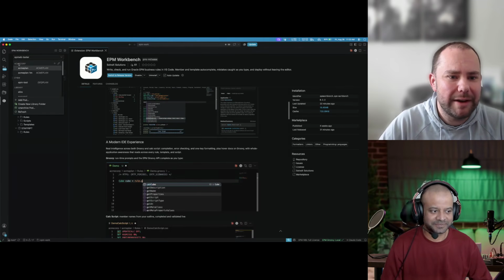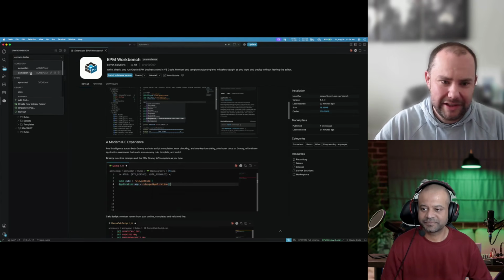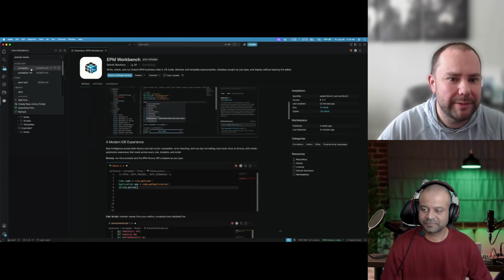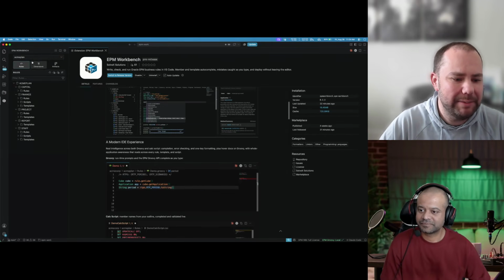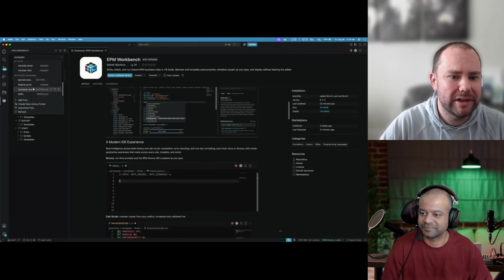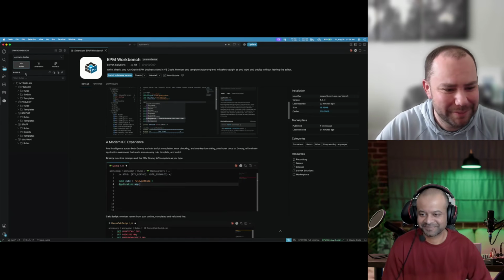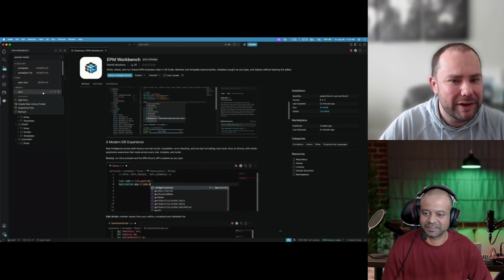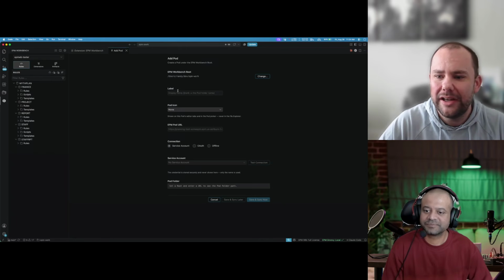So if I click in the drop down, I see I have my domain, and then I can have my different pods, so I can easily flip back and forth between them. Right now I'm on the Acme plan pro, whereas down here I have this EPM Workbench tester pod, which is purely just for testing. If I want to add a new one, I can click add pod,